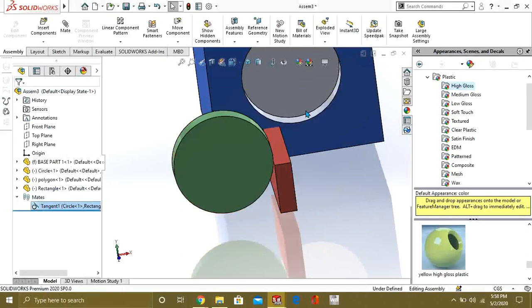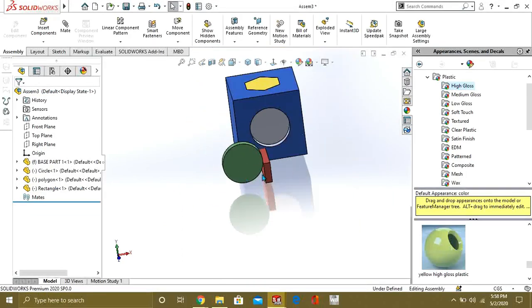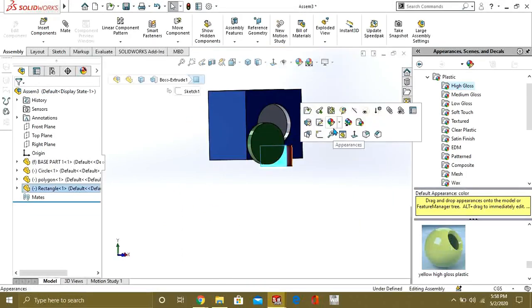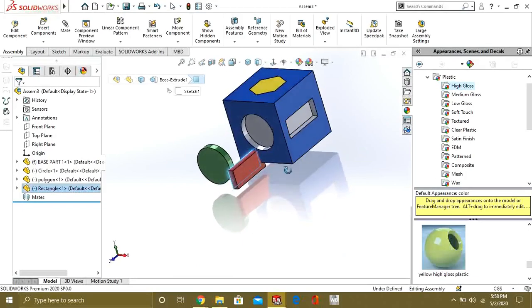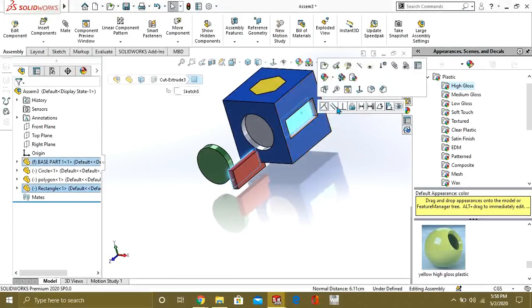So now we will see what the distance mate is. For that we will make these two parallel.